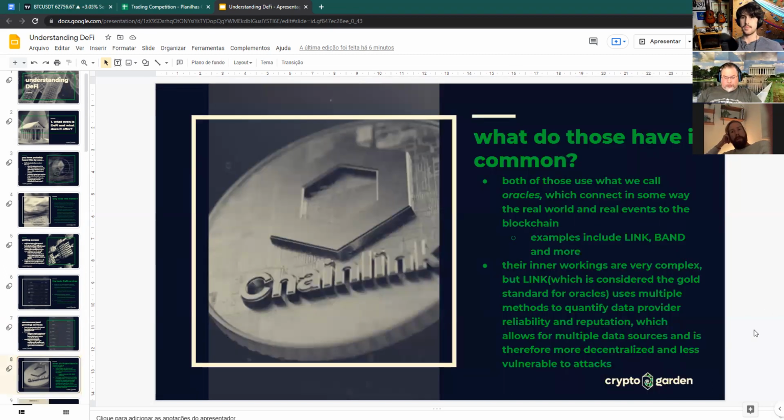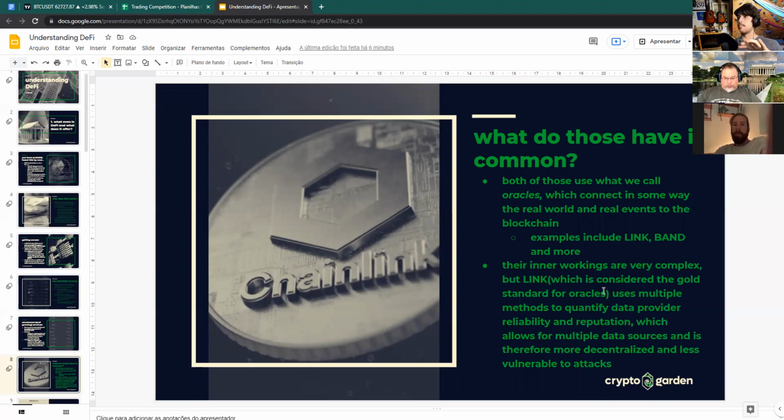Okay, so what do those two have in common? They use what we call oracles, right? Because they need to, in some way, see something that didn't happen on the blockchain. They need to see if the harvest in Kenya was bad, or what is the price of a given stock. So they use those oracles, and some examples of oracles are Chainlink, or Band, and there